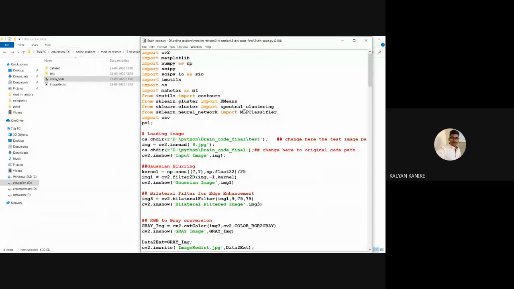Next, the neural network system. Neural networks are one type of algorithm where we are able to do classification more accurately.